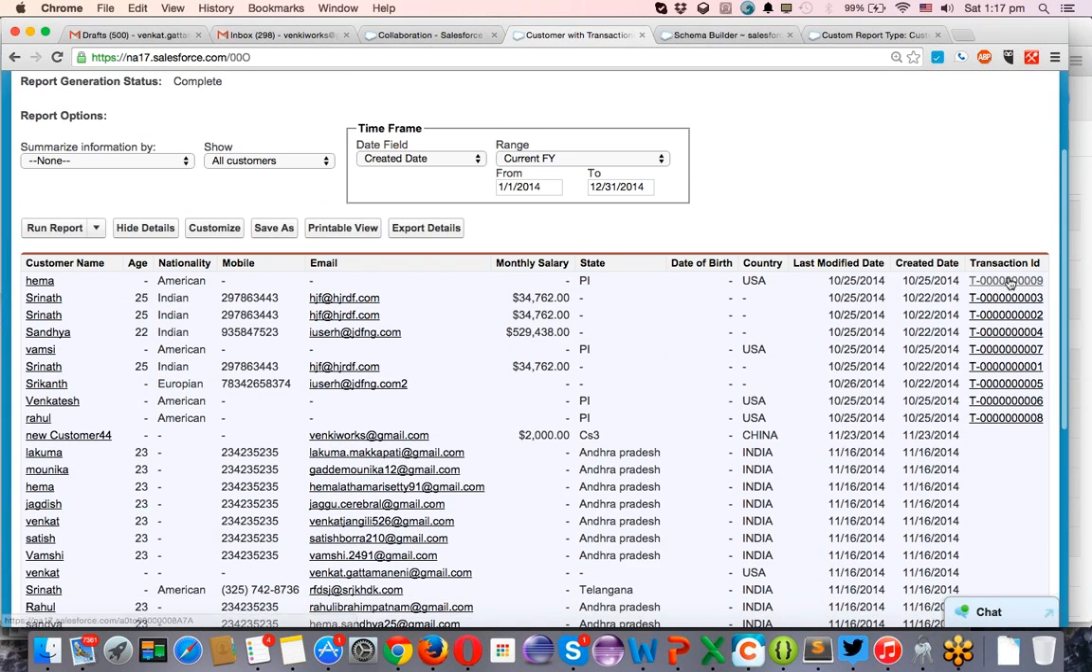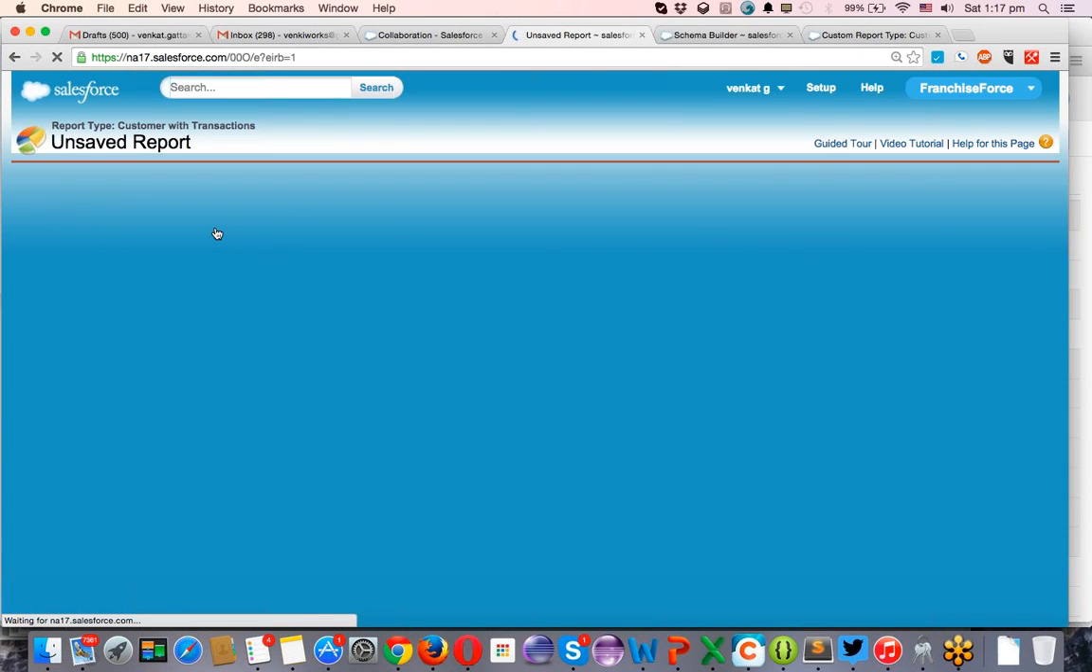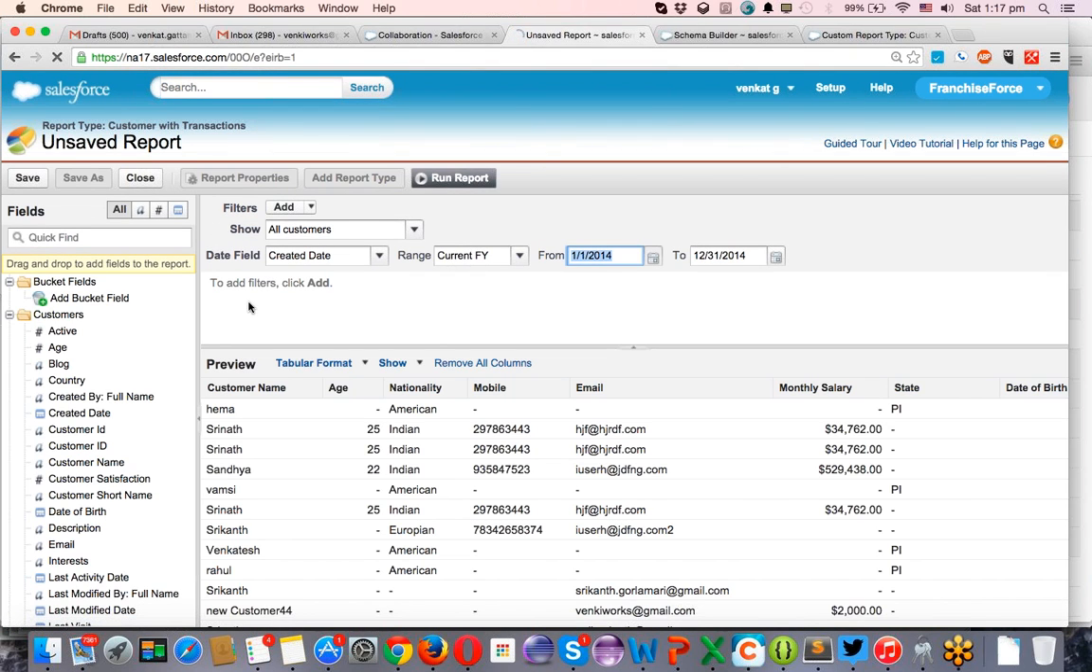See, now I have the customers with transaction code also. If I click on this transaction, I will show the transaction information. But if I want to show the transaction data also on the same report, there is a simple modification I have to do. Click on customize, go back, it will take you to your previous screen, and click on